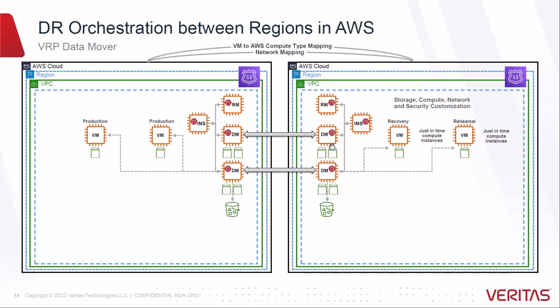We've got a couple of regions which have been configured in AWS. We've deployed Resiliency Manager, Infrastructure Management Server, and the relevant data movers, which will be the replication gateways for the workloads which are running in AWS. If we switch to the AWS console,